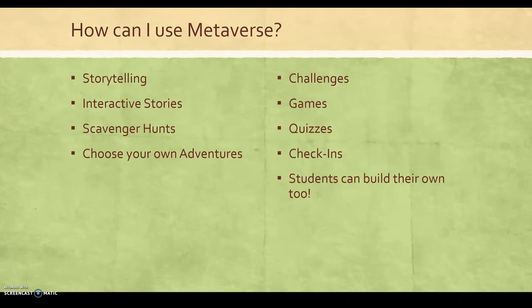For young children, you can easily take stories that you have talked about in class and create interactive adventures for them. For instance, sight words can be taken from just flashcards to storytelling to interactive hunts for them. For older children, high school age, you could take something that might seem boring during the first read, like a Shakespeare play, and make it into an AR reality where they are following the story and they're interacting with the characters in the story.